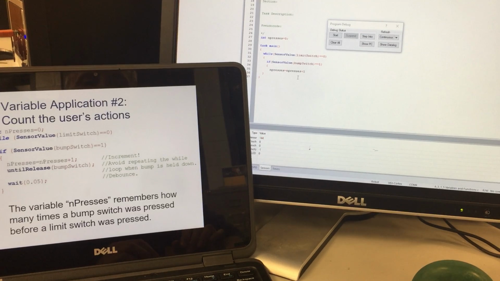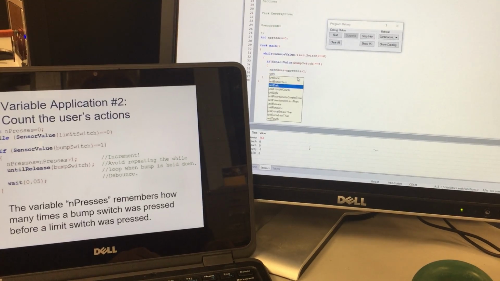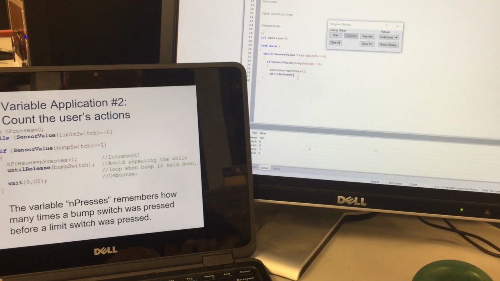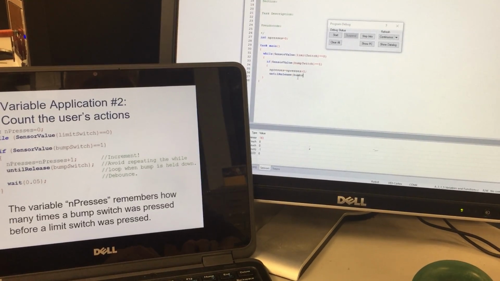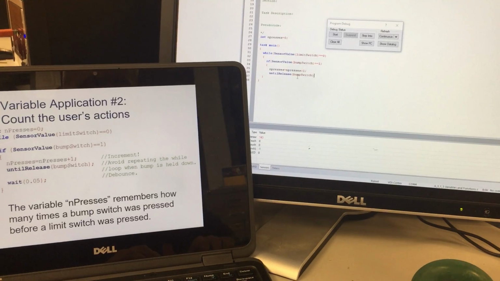Okay? And then inPresses plus 1, semicolon, until release. Until release is the command for once you let go of the bump switch, otherwise it won't. You could also probably write it as until bump switch equals 0, because that would mean the same thing. Release bump switch, parentheses, semicolon,